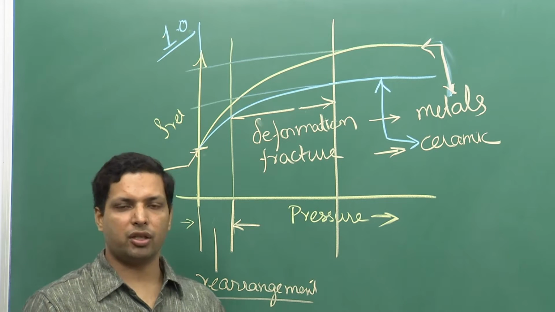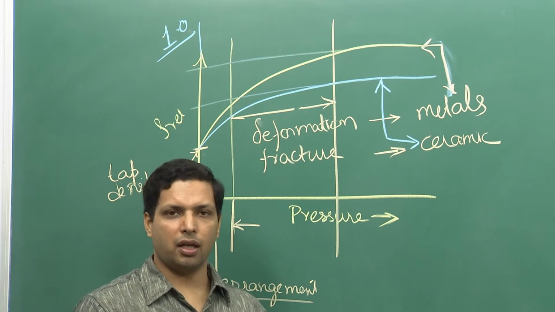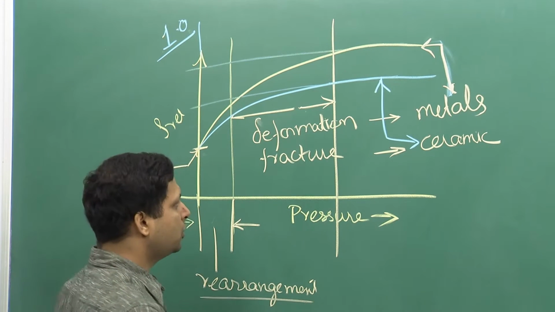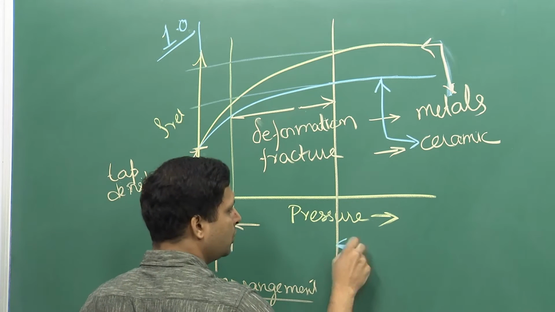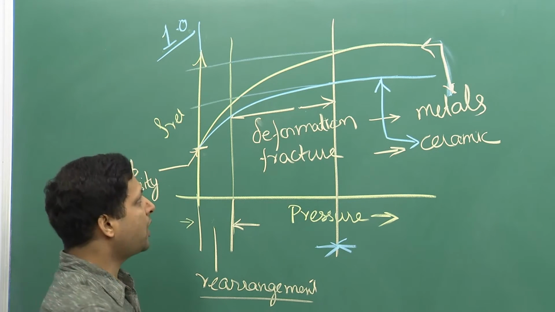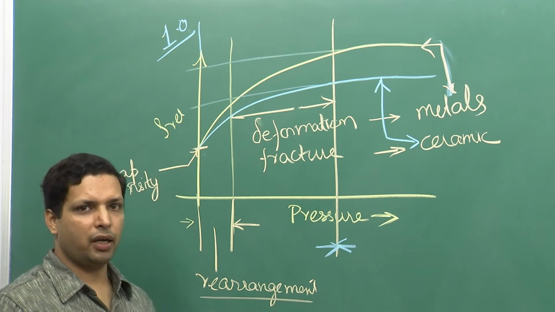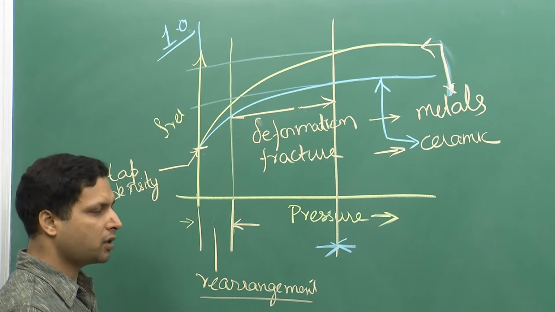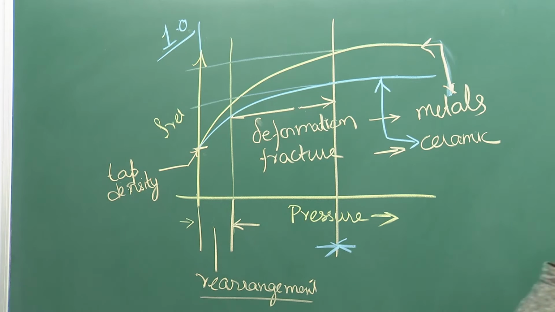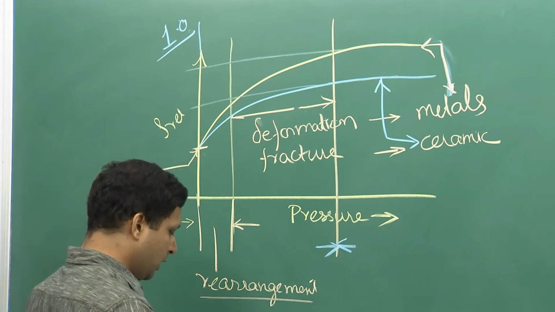If you keep applying pressure more than that, there will be negligible change in the density, but you will have to apply much larger pressure for that. So, you should apply pressure only up to a certain limit, and that limit is decided by this plot. The point where it becomes saturated is the point up to which you should apply the pressure. So, let us get back to, okay, there was one more thing before I move on.